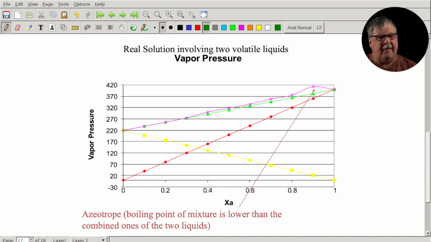All right, now how does this affect us? Well, in New Jersey, you can buy a product known as Everclear. Basically what Everclear states is that it's pure distillate from an alcohol distillation, but it's not pure alcohol. It's reported as 190 proof, 95% alcohol by volume. It's not pure. You can't distill pure alcohol, at least in the traditional method. You have to come up with some way to break that azeotrope to do it.